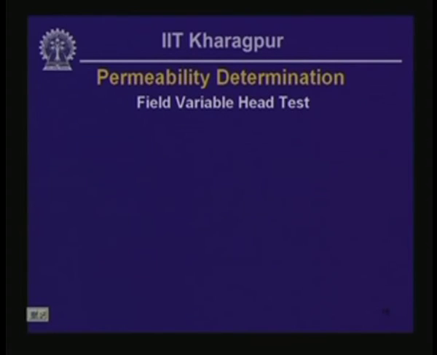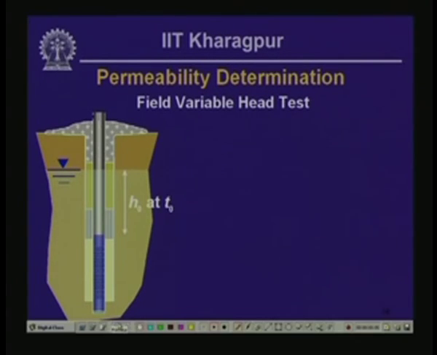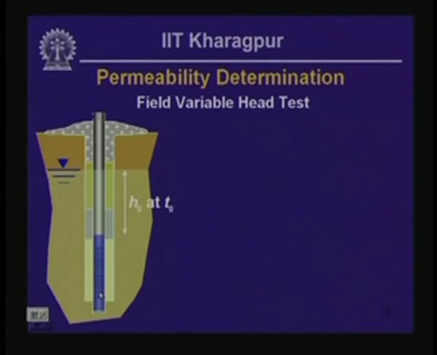Now, a field variable head test is conducted within a monitoring well. Say you have a monitoring well like this, and the water table location is as shown on the left of this slide. So, the water table is as shown here. What we first do is bail out the water from within the casing tube, so that the water level within the tube goes down to a depth of H0 below the existing water table,